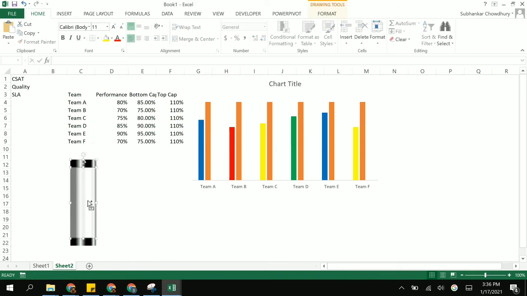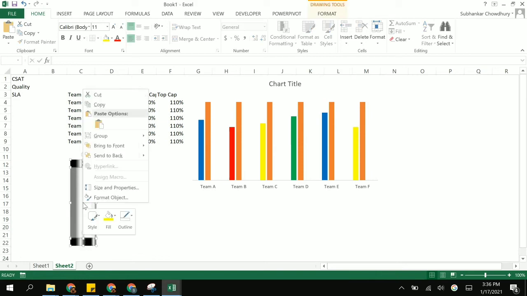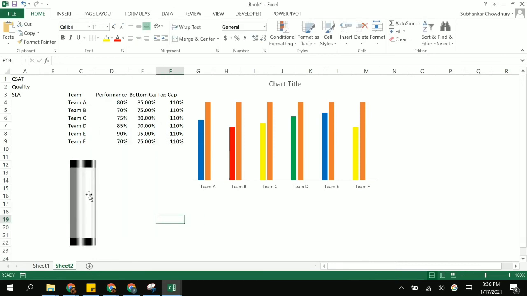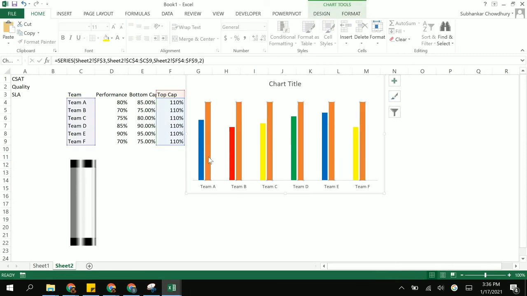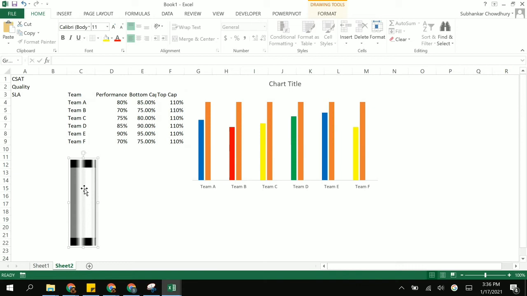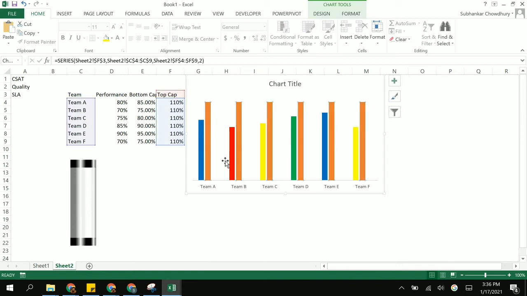Now I select all these 3 shapes, right click on them, and group them, so it becomes one shape now, right? The next thing that I need to do, I need to select this top cap bars, which are the orange bars, single click. Before that, we need to copy this, select this one more time, and just paste it.